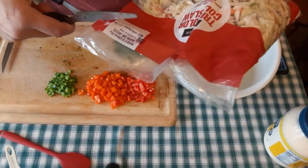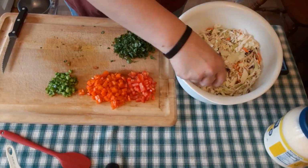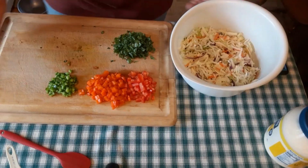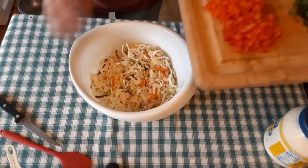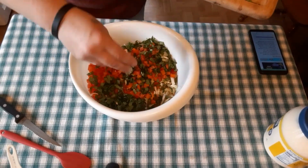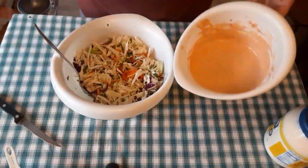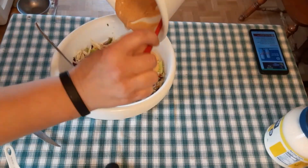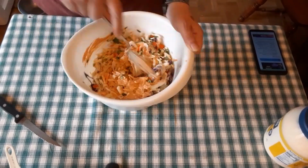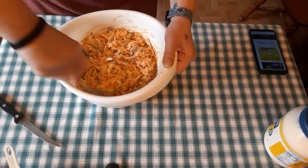Next, we are going to add a package of coleslaw mix into this bigger bowl. I'm taking out the bigger pieces of the cabbage because I just don't want the giant pieces in there. And then we are going to add 1 jalapeno diced, half of an orange pepper diced, half of a red pepper diced, 1/3 cup of cilantro minced, and then we are going to put the coleslaw dressing in there and mix it all up until